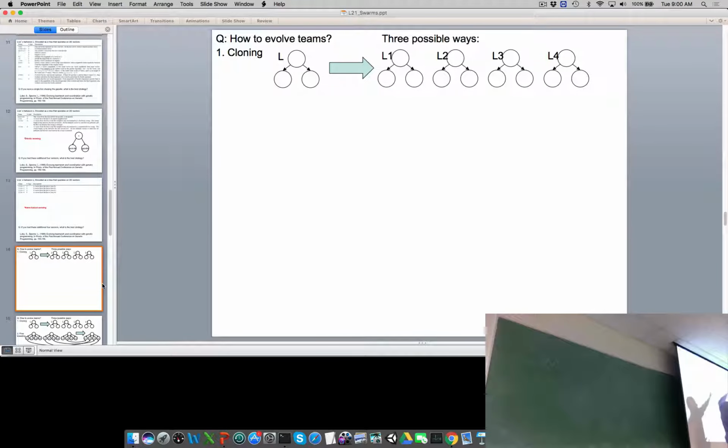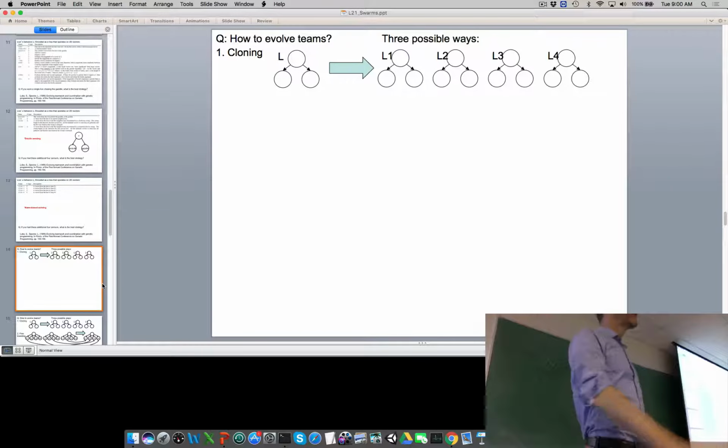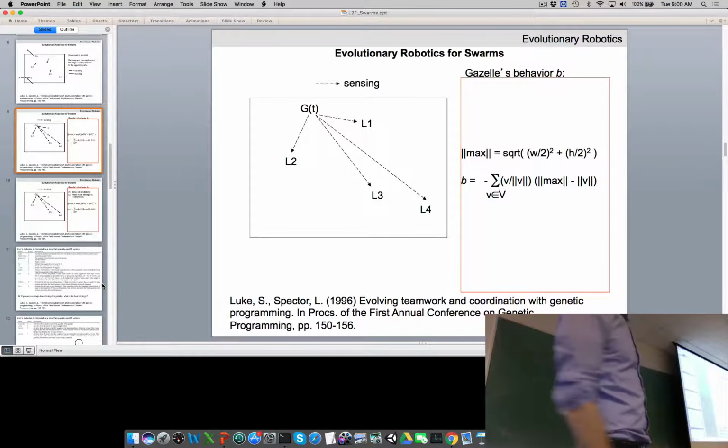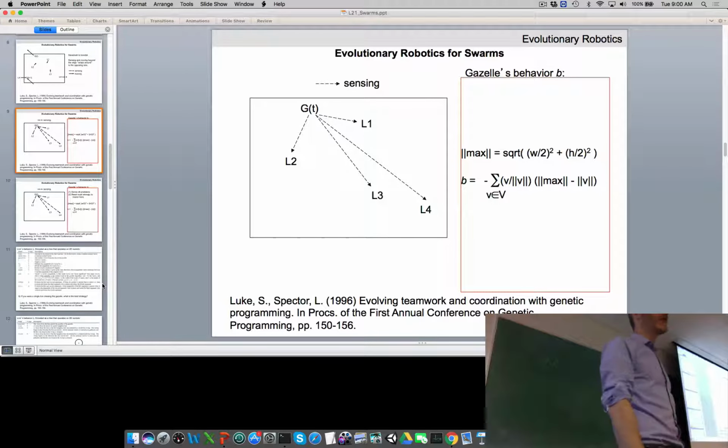The simplest thing to do is cloning. So you have your genome here represented as a tree, right, which is performing these vector operations. You take that genome and you clone it into each of the 4 lions. So all of the 4 lions have exactly the same controller. When we drop our 4 lions and the gazelle into the virtual Serengeti, do all the lions do exactly the same thing? Why not? Well, there's the if statements